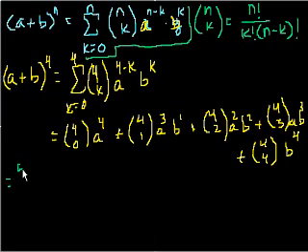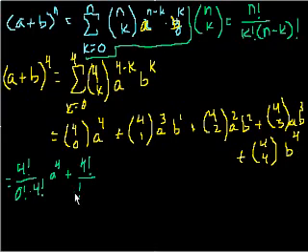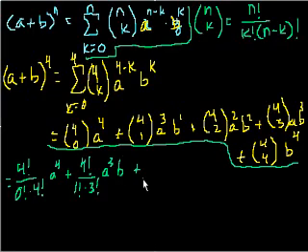So this is equal to 4 factorial over 0 factorial times 4 factorial, right? 4 minus 0 is 4, a to the fourth, plus 4 factorial over 1 factorial times 3 factorial, right? 4 minus 1 is 3 factorial. A to the third b plus, I know this is getting a little tedious, but I think it's good to completely work through one entire problem,